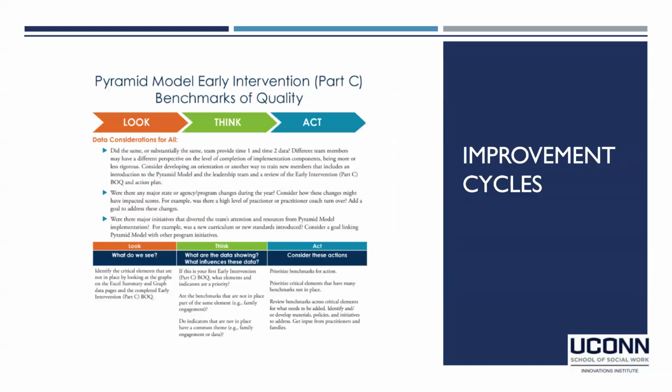Finally, the second framework in the enabling context factors is improvement cycles. Like the leadership team framework, we will talk more about improvement cycles in the final asynchronous video in this series that is dedicated to data and evaluation. However, to provide some overview, improvement cycles are used to gather data that can help PLTs identify and problem solve around barriers to pyramid model